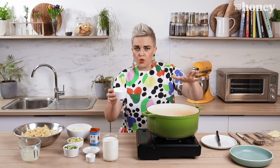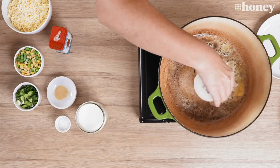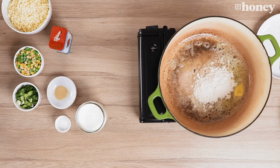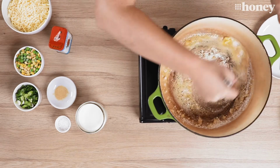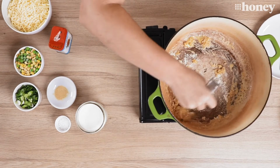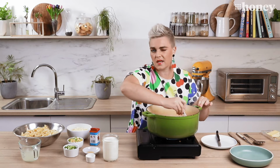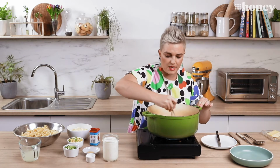This is a basic roux, which is the beginning of a white sauce. You don't need to know that. All you need to know is that it's butter and flour. In that goes. We're going to give that a bit of a whisk. That'll just cook the flour down a little bit. Stop that raw flour taste. You can see it becomes a paste and gets a nice toasty sort of brown smell about it, which is